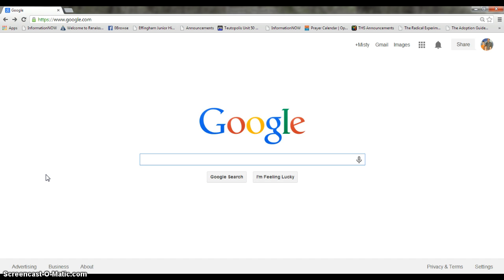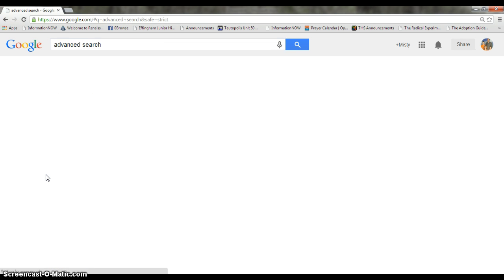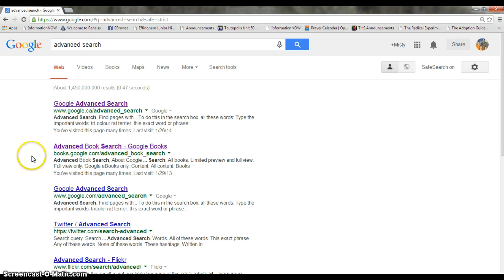So now I'm going to type in Advanced Search, and I'm going to show you that there are some different options that come up. Here is one that says google.ca. That means that this is Canada's Google Advanced Search. We probably don't want that one. And this is one that says Google Books. This is the one that we use to do an advanced book search. So let's try just